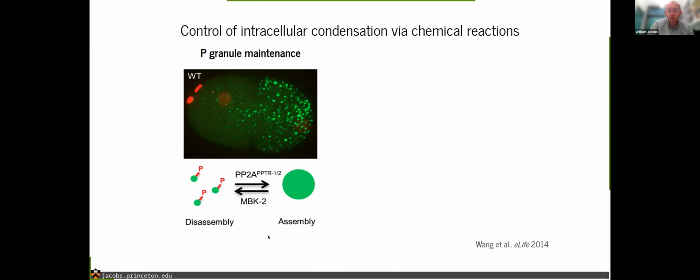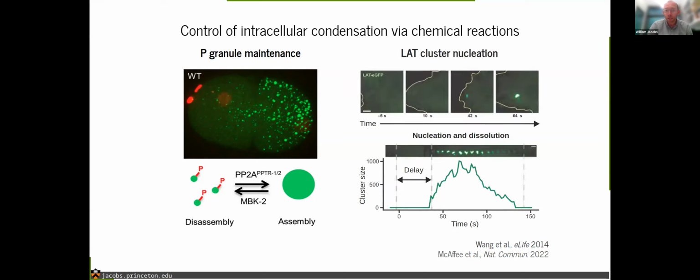And this is actually one of the very first systems to be studied in this field about 15 years ago. But there's, as I said, a huge variety, and I think some of the really exciting examples are ones where the kinetics of condensate formation are essential to their function. So this particular example here of LAT cluster nucleation takes place